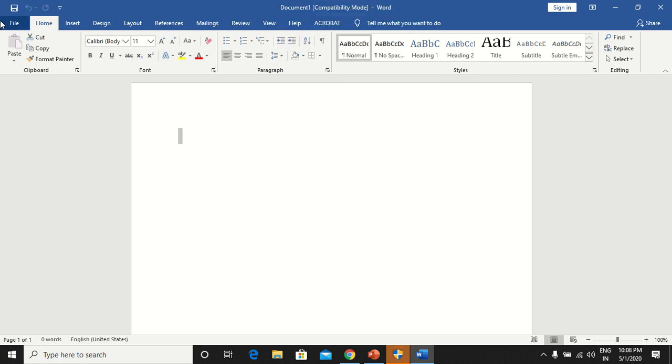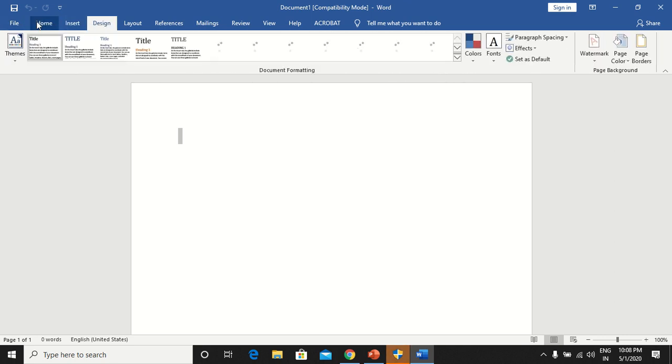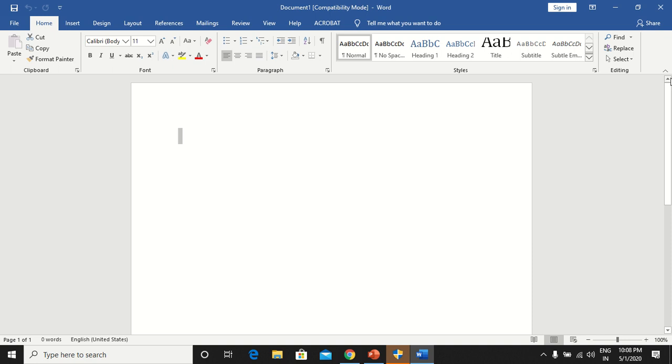We are already aware that at the top we get the ribbon, which is divided into tabs and groups. So first of all we will work on the Home tab. Inside the Home tab the first group is Clipboard. So, copy formatting to another selection. What is the use of this? It is the Format Painter. Why do we use Format Painter? The Format Painter tool is used to copy and apply text formatting and some basic graphics formatting like borders and